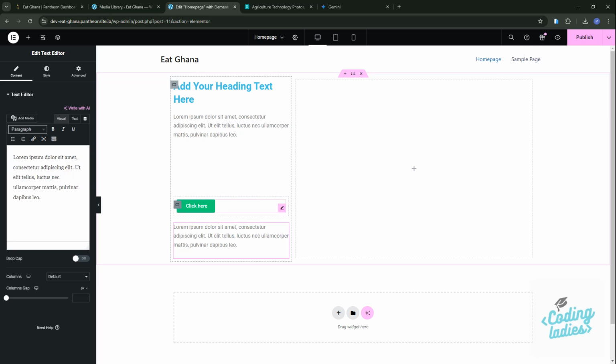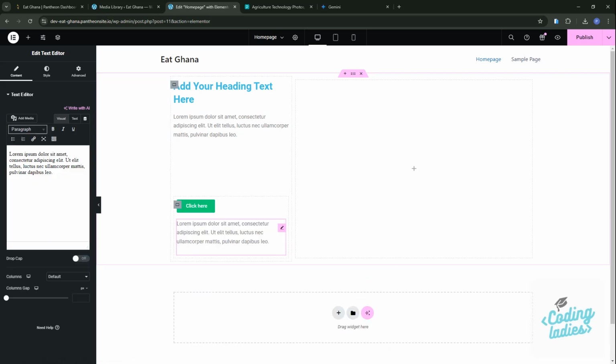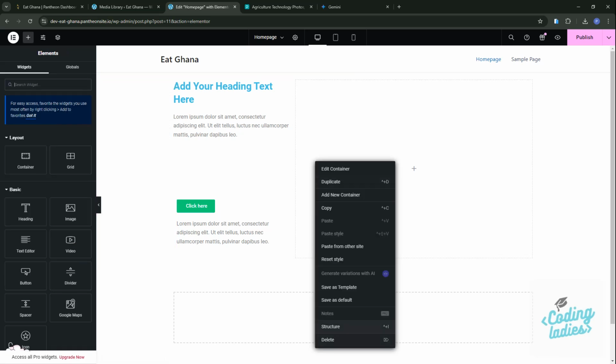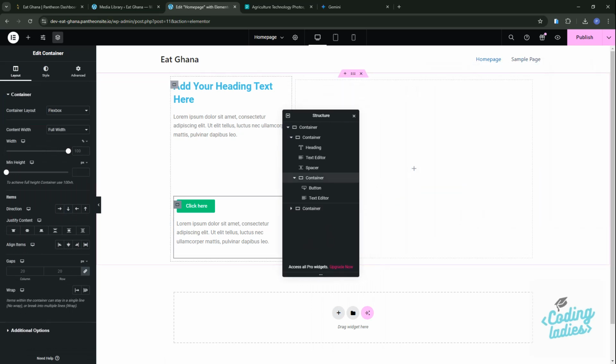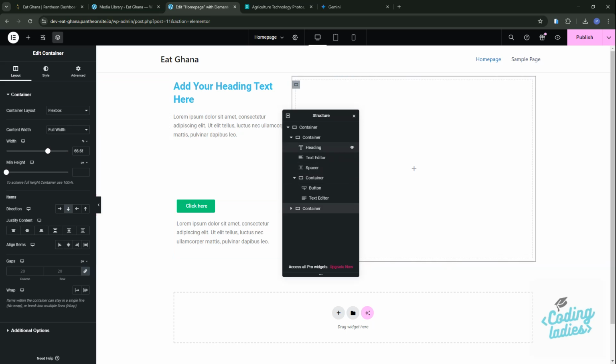Then you see this has to be in the container, right? So there's the container I placed, and there's the text inside. So let us view the structure of this thing. There's a container, there's the button, and this is the text box. This is the left container, right? So everything is structured in containers,